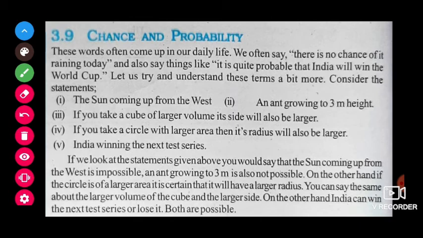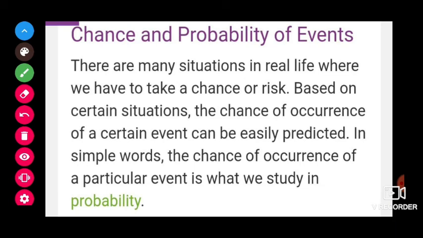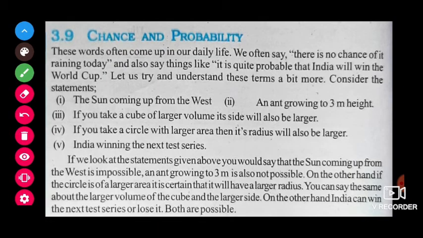Okay, so based on this we can say what is a certain thing and an uncertain thing. What is that? Certain thing means it will happen, there is a definite possibility. An impossible thing means there will be no chance to occur at all. It's like the sun coming from the west or a person growing to 3 meters in height. This and all will not happen at all. Uncertain things mean it may happen or may not happen, there is a chance of it happening.